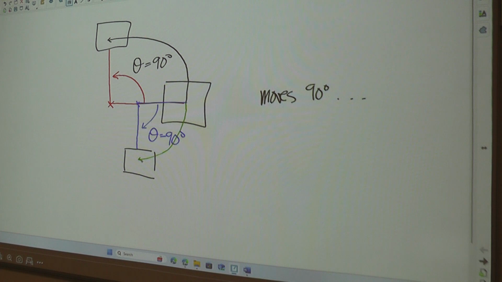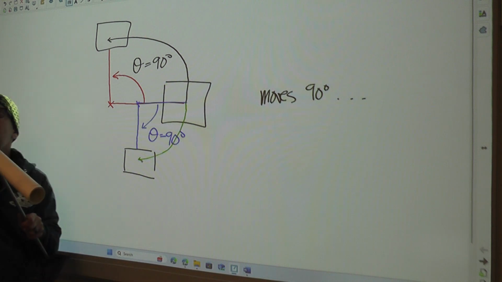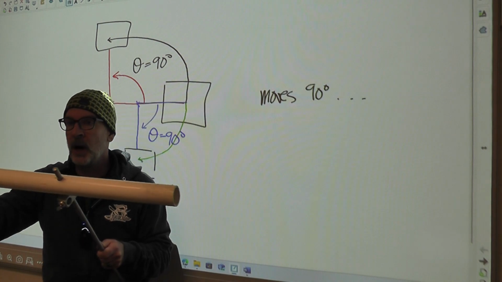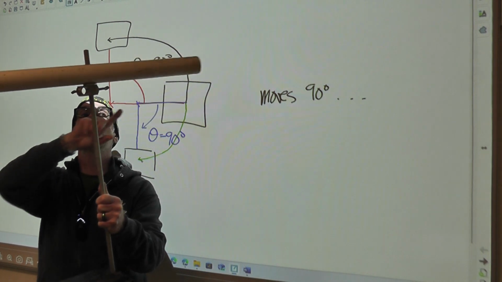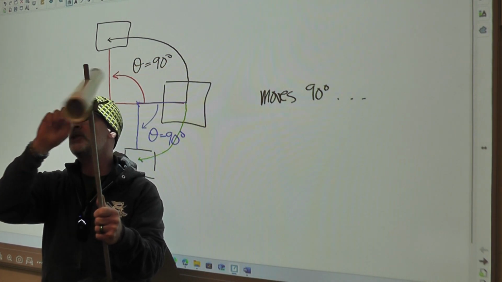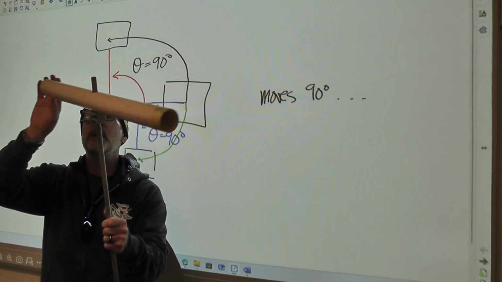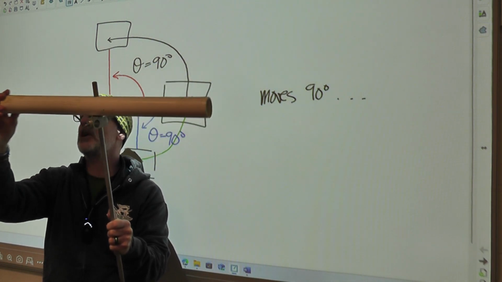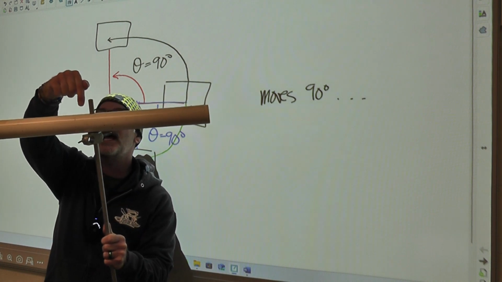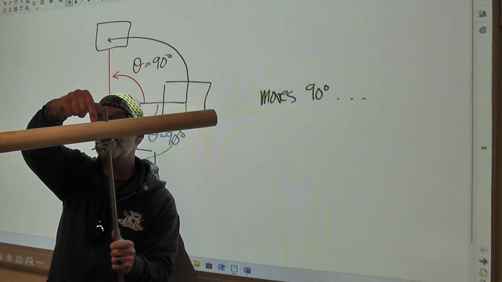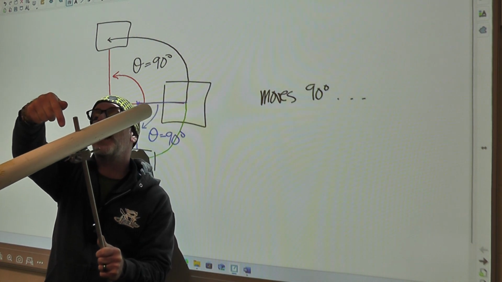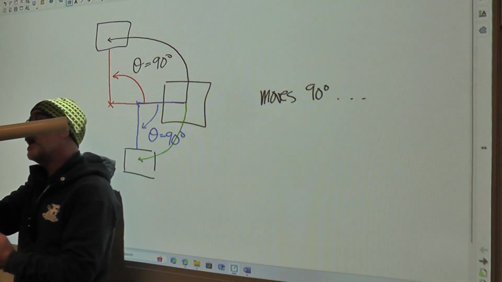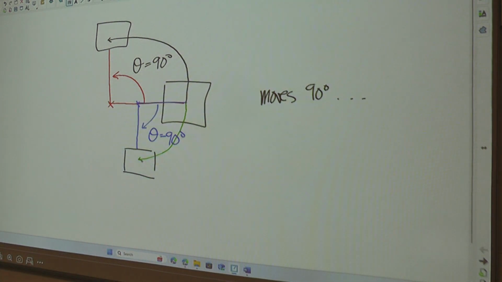So if I look at one of our setups that we were using yesterday, if you think about a point or an object located on the edge of this tube, if we rotate that, it's moving really far. If we were to imagine a string trailing from it, that string would be pretty long if the string starts at the edge of this tube. But if we had an object right here, like if there were a little spider right here, and it trailed a piece of web behind it as it spun around, that web wouldn't be very long. So when you have that angular motion, things don't move the same distance, even if they move through the same